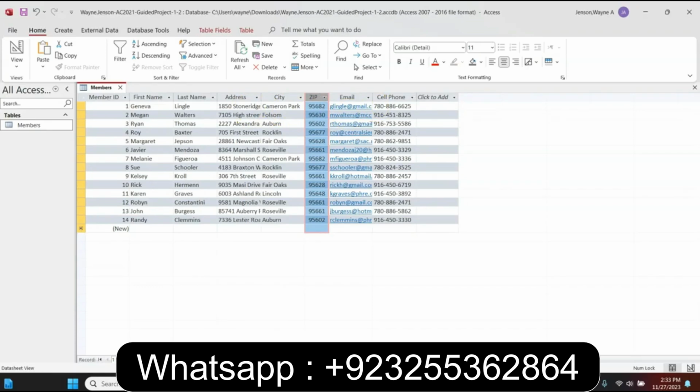Step 10, we're going to filter the members table using filter by selection. So we're going to select 916 in the cell phone list for member ID 2. Okay, so member ID 2. So if we select this 916,